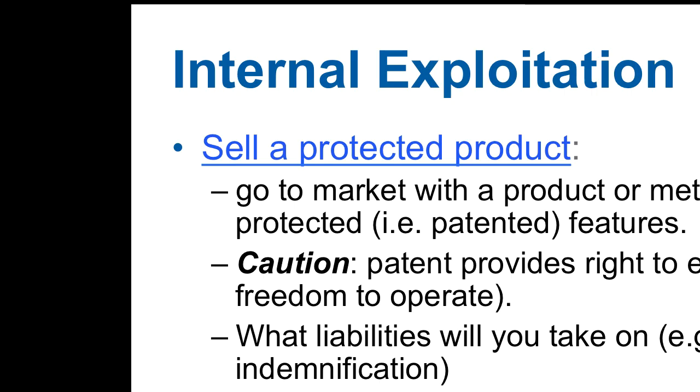Yeah. So when you decide the way that I'm going to monetize my patent, I'm going to license it, or I'm going to make a product and sell that product, you need to understand that the manufacture and sale of that product could give rise to third-party claims of infringement. So you may want to do what are called freedom to operate searches, see what other patents are out there, see what you're up against. And you can actually do this earlier in the process, before you're getting your patent, and maybe in parallel with getting your patent, looking to see what else is out there. You may want to tweak what your product ultimately is, so you're staying clear of those third-party patents.